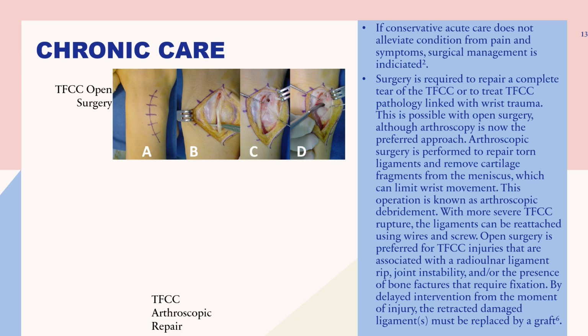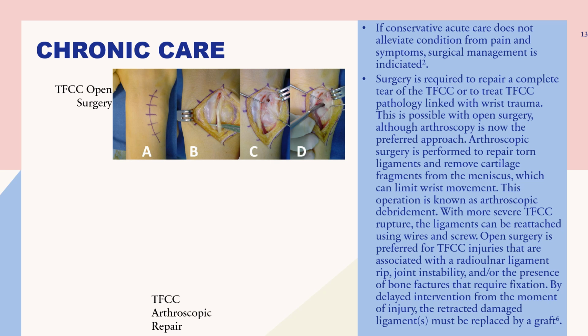So, what is the next step? Well, if conservative acute care does not alleviate the condition from pain and its symptoms, surgical management is indicated. So, surgery is required to repair a complete tear of the TFCC or to treat TFCC pathology linked with wrist trauma. This is possible with open surgery, as you see in the picture, and although arthroscopy is now the preferred